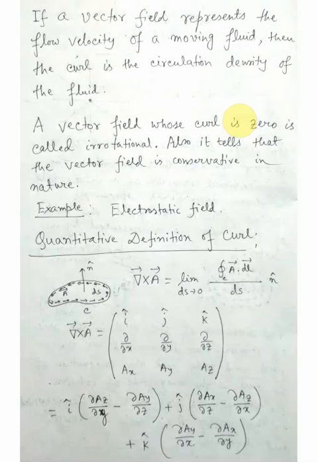You can think of it like this also in our daily life. In a river, when water flows, you might have seen that water circulates in some region. That region is called a vortex. When a boat comes near the vortex, what happens? The boat can be pulled inside and calamity happens, right? Why is it happening?